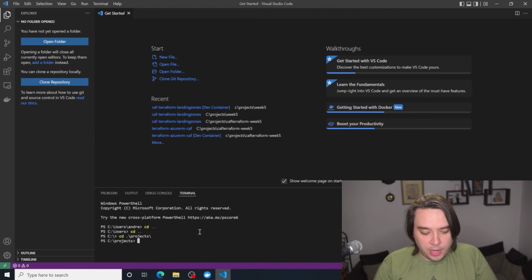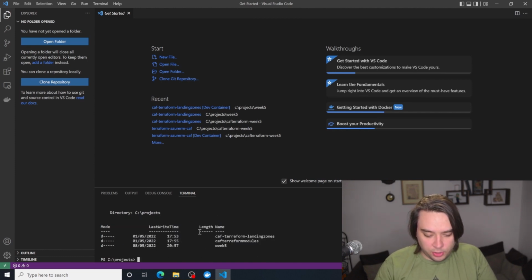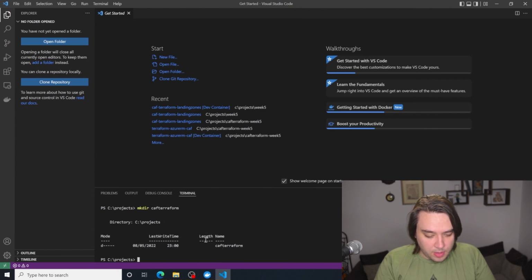If I do cd projects and I do ls, that's going to show me exactly what's in my projects. So let's create a new folder, which is going to be caf Terraform. In here we've made a new folder, so we're just going to switch to this folder.